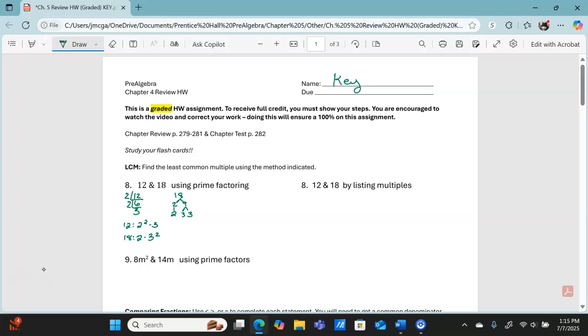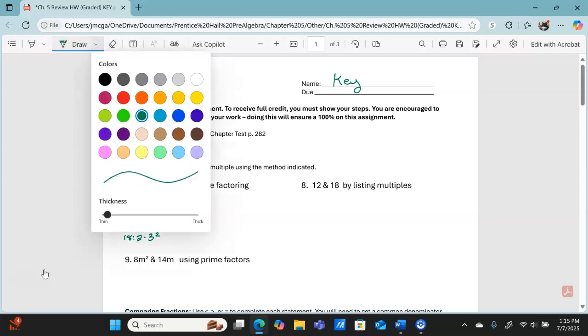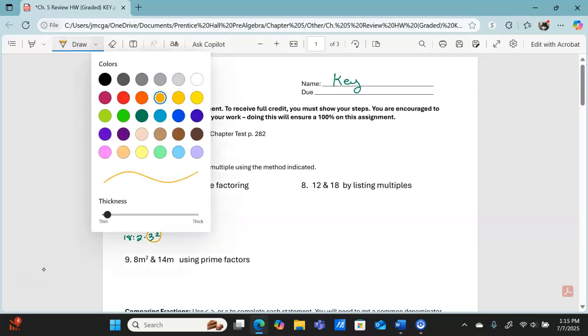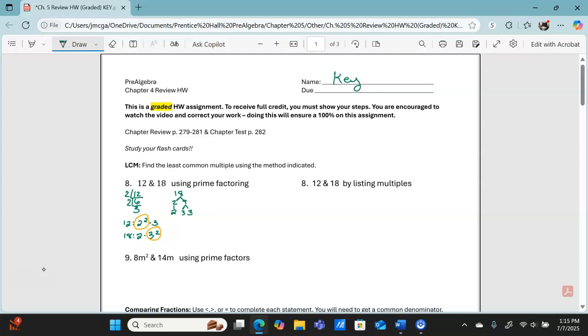And remember LCM, we use that to help us remember: list, compete, multiply. So we list our factors in exponential form. Then we compete: 2 squared or 2, I'm going to use the 2 squared. 3 or 3 squared, I'm going to use this 3 squared, and so my least common multiple